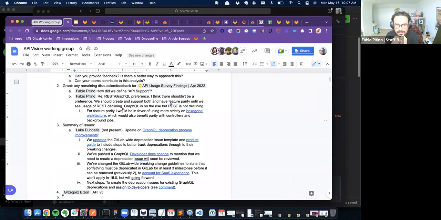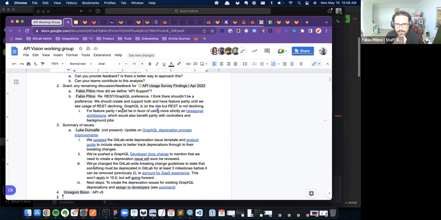In my opinion, there's this concept of hexagonal architecture, where the underlying logic should be exactly the same, regardless of whether you call it from a GraphQL mutation, a REST API call, a Rails controller, or some Sidekiq worker that triggers some application logic. It should call the exact same code, like a service object.